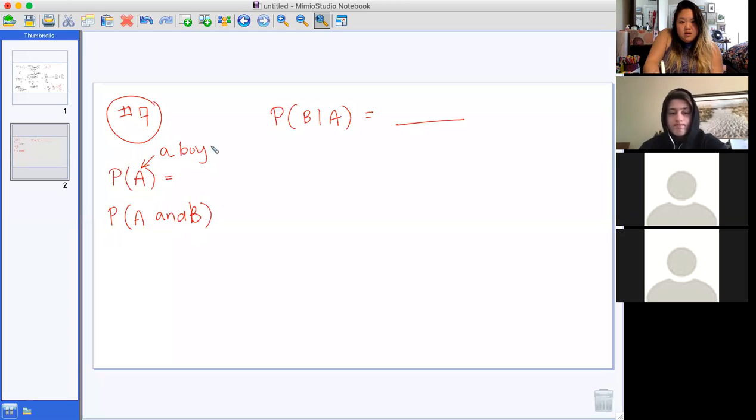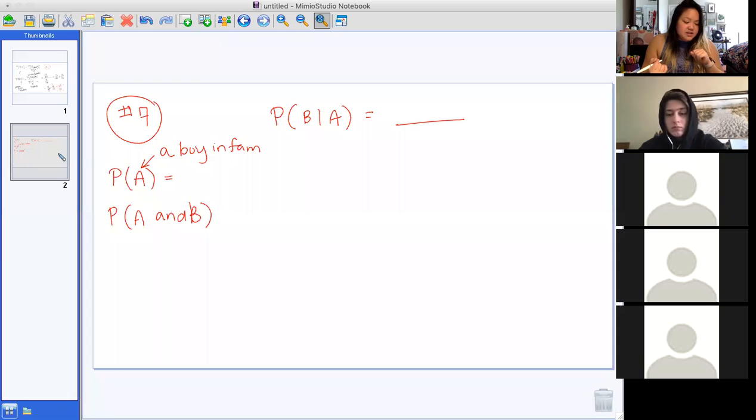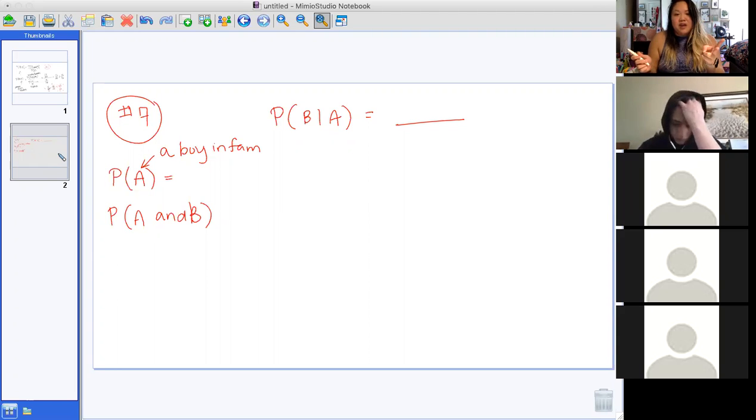A boy in a family. So how can we figure out what the probability of that is? It's 1 in 2. What Sebastian says, what do you mean 1 in 2? Is it not a 1 in 2 chance that one of the kids in the family is a boy? Oh, so that is a half chance that if you have a kid, it's going to be a girl or boy, but it's saying with a two kid family, what's the probability that one of the two kids is a boy,